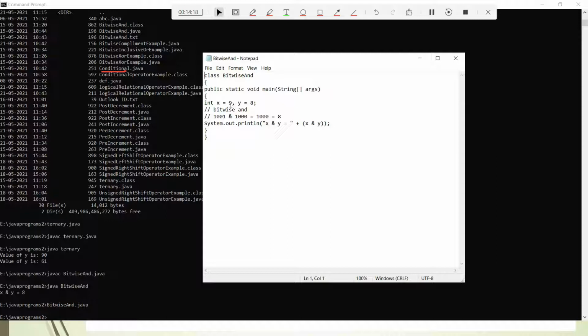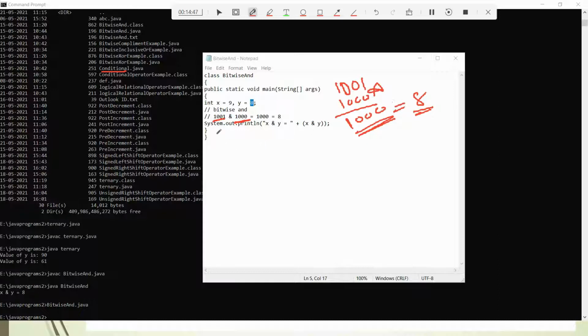Now what you have to do is convert this 9 and 8 into binary form. You can see we have already written it in binary form: 9 is 1001 and 8 is 1000. So when you do the AND, how do you do AND? What I told you just now: if both are 1, then only it is 1, otherwise it is 0. So this is your output, which is 8. I have done bitwise AND here, so that is how you get 8.